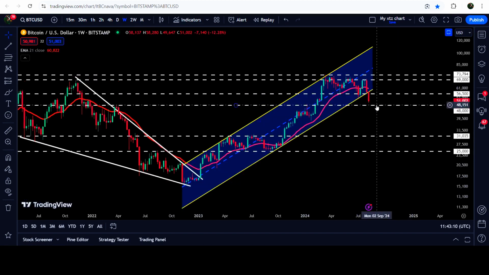Now we need to keep an eye on this support of $48,000, because this time this support can work the same way as $25,000 previously worked as a very, very strong support. If we move back here to the month of August 2023, you can see that we formed a double top here. We had a very, very strong resistance here at $31,000, and we had a very nice key support here at $25,000. That was previously broken as a resistance here, support here, support here, and again worked as a nice support. And after getting bounced from the support, the price again broke out the resistance of EMA 21, and then we had a very, very nice rally to the upside.